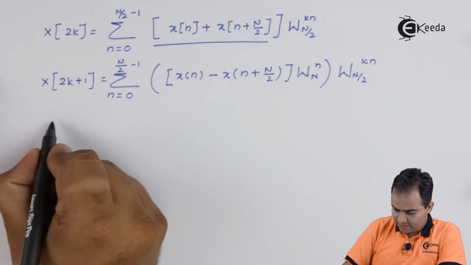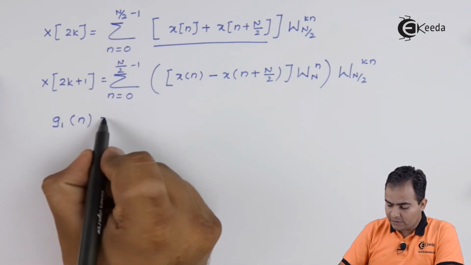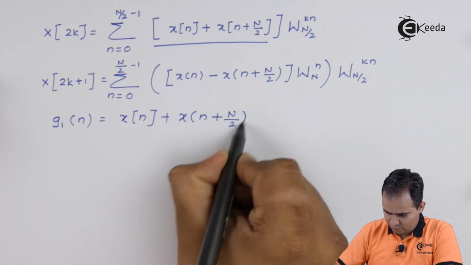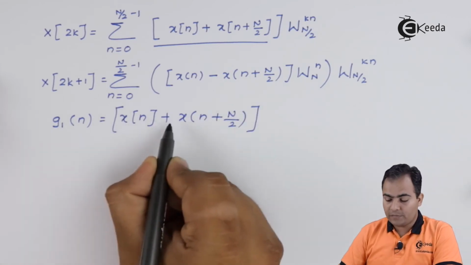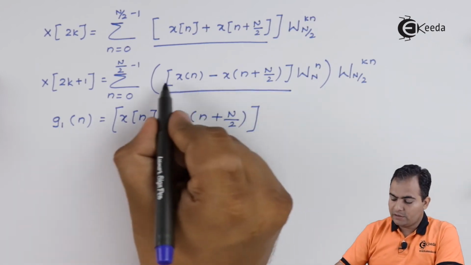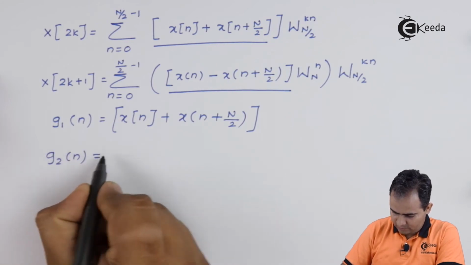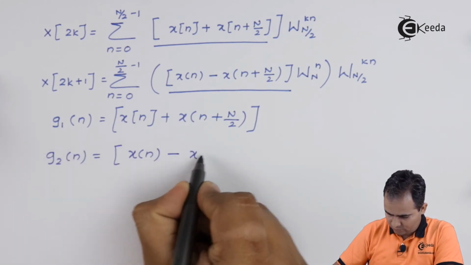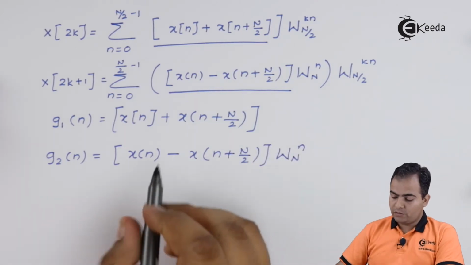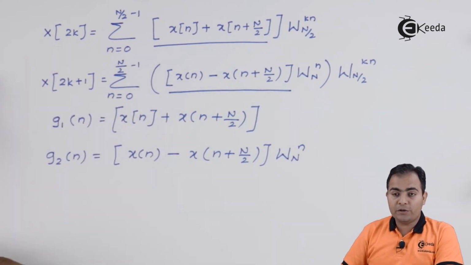So let's say g1 of n is nothing but my x of n plus x of n plus n by 2, and this whole part I'm going to replace by g2 of n. So after substituting these two values in this equation, then my new equation becomes